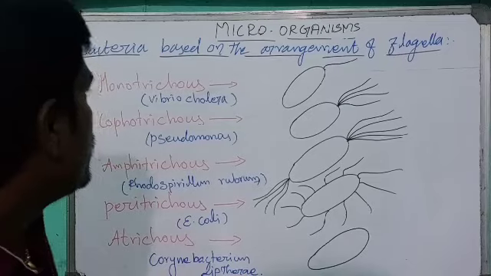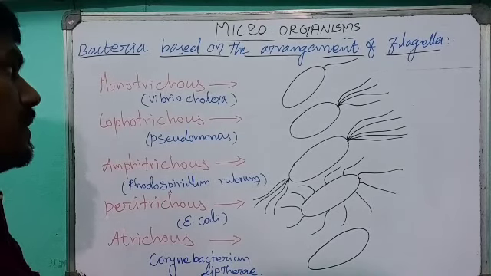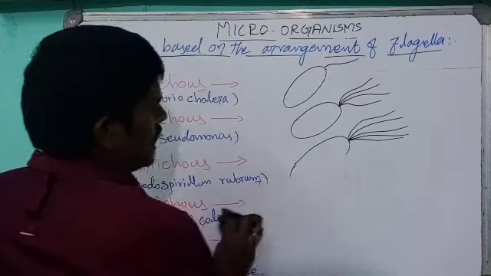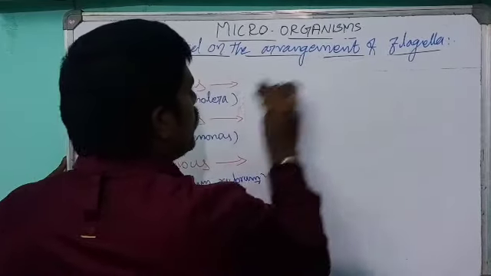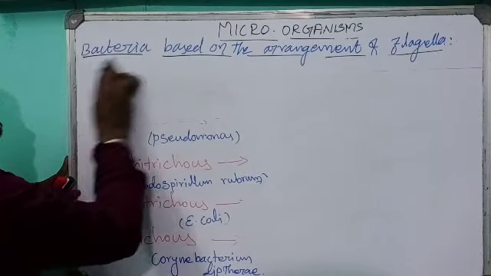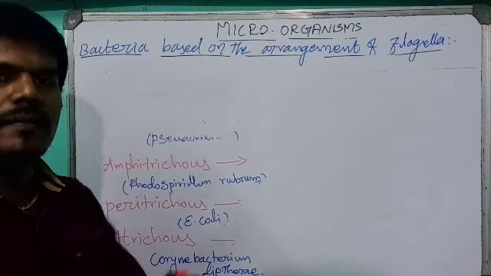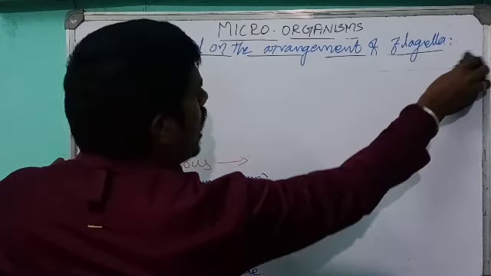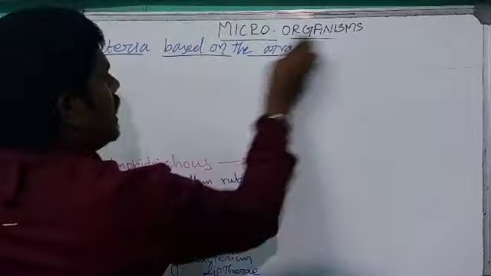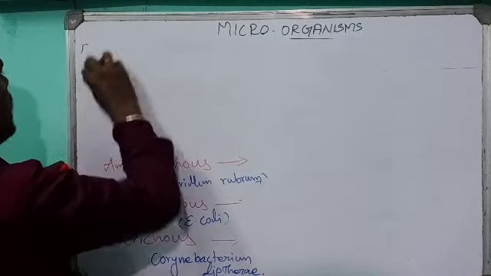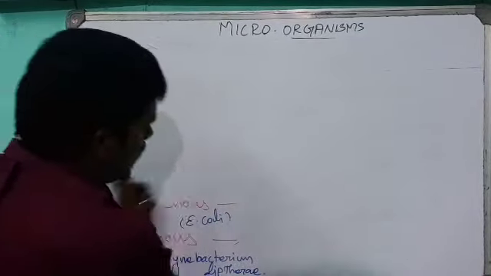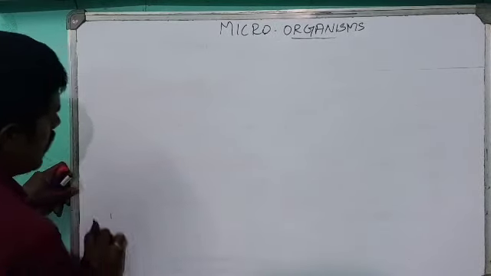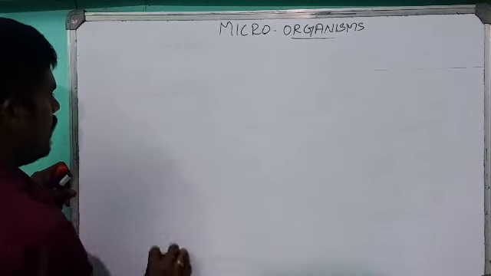At the same time, bacteria get energy in so many ways. What are the ways? They get it by photosynthetic or chemosynthetic means. Photosynthetic means some bacteria directly react with sunlight to get energy. That is photo. At the same time, chemosynthetic means they utilize chemicals. That chemical reacts and prepares their own food material. Like that, bacteria get food material in many ways.